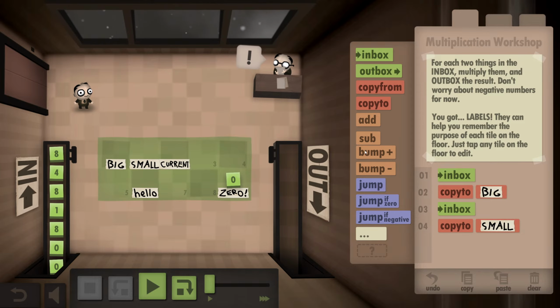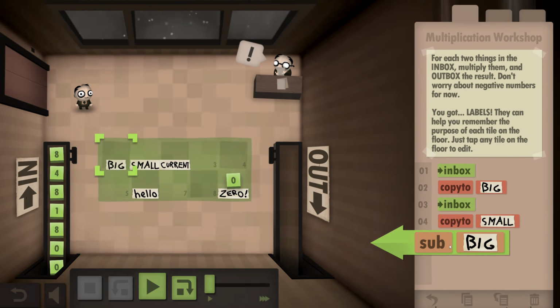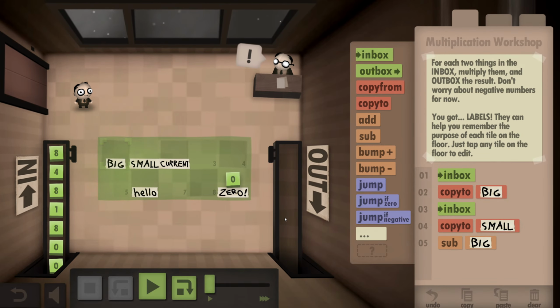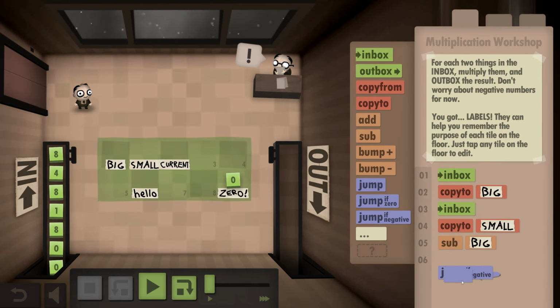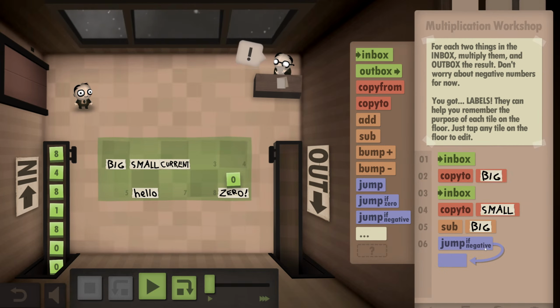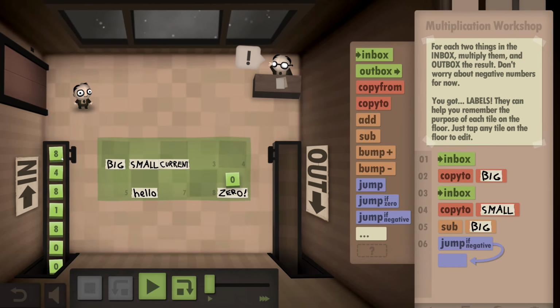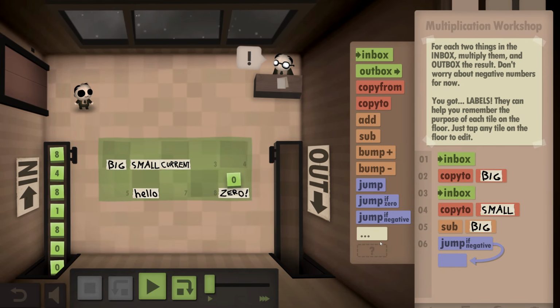Let's subtract the big number. So small minus big. If this is negative, we know that small minus big, so 4 minus 8, that's negative. If that's negative, we know that